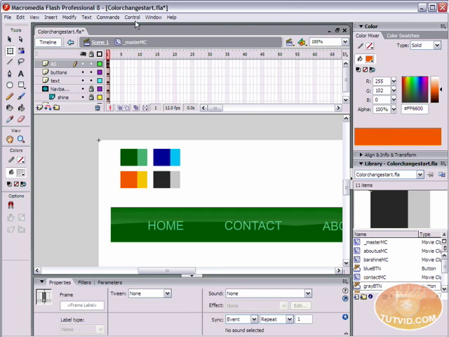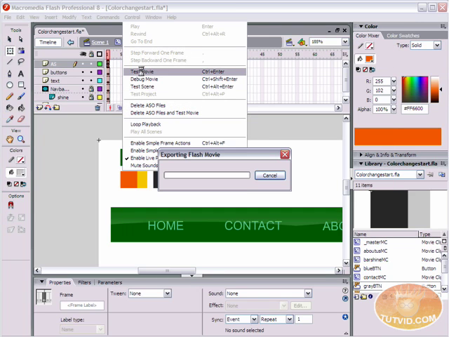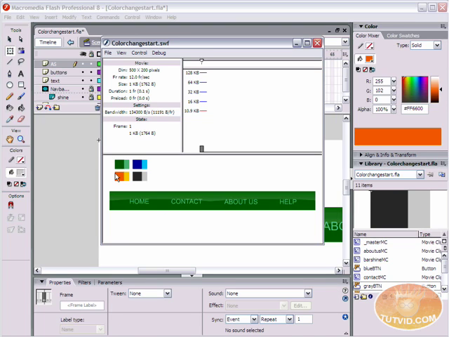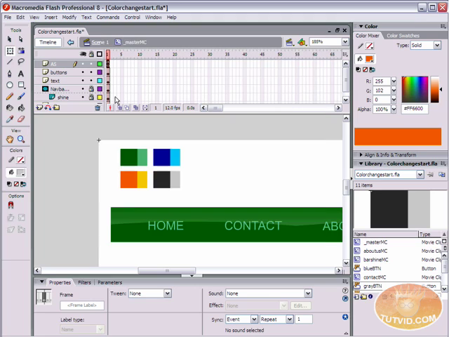Alright, so I'm going to close the Actions palette, and we're going to come up to Control and hit Test Movie. It's exporting a movie. And you can see here we have our movie. Now when I press this orange button, you can see the navigation bar changes orange, and the text is that lighter orange. So in order to quickly make the other changes, we're going to come in here, hit F9 again